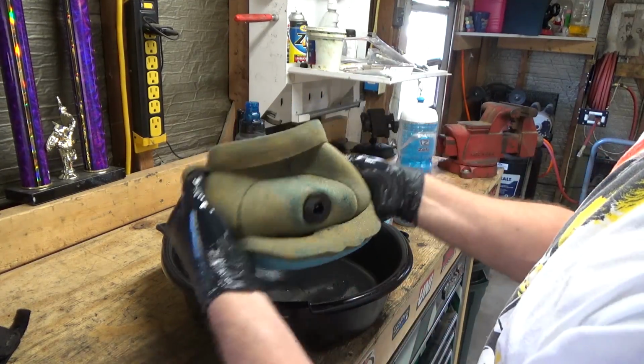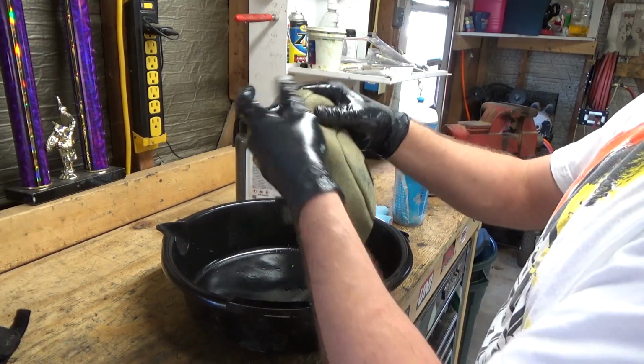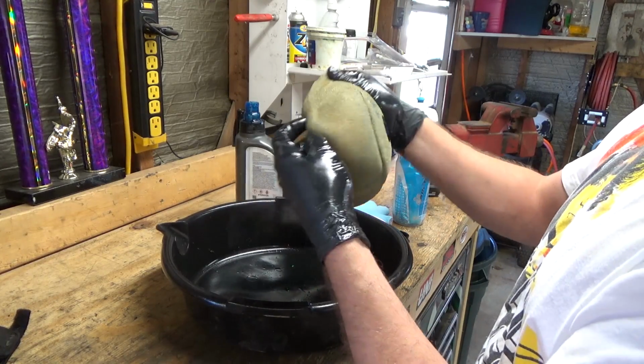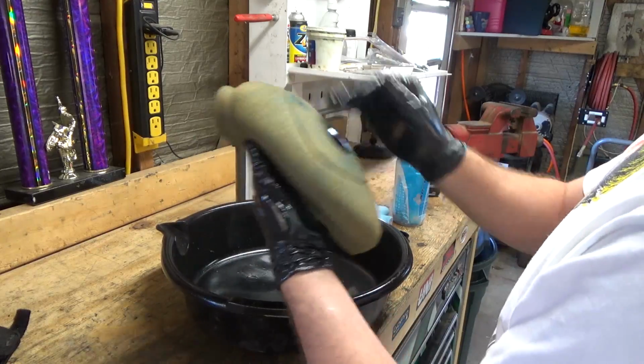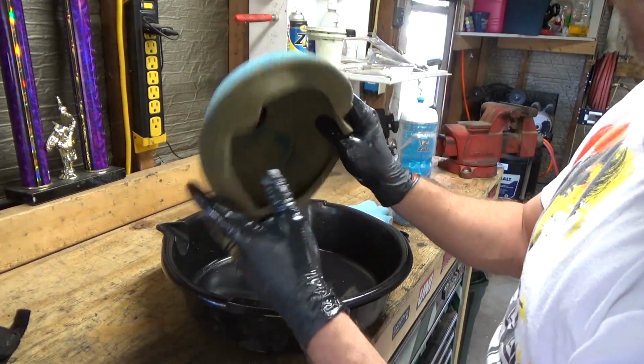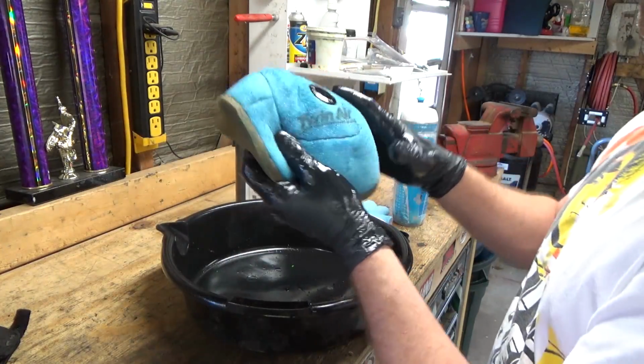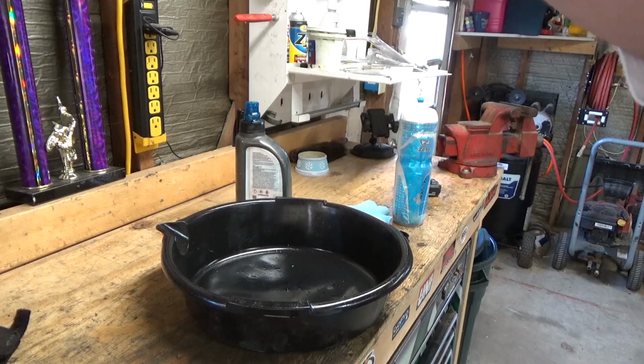And then I will turn it inside out. Make sure everything underneath the lip and seal is oiled. And there you pretty much go. I mean, she's just about ready. Of course, there are some dark spots. So the last thing I do,